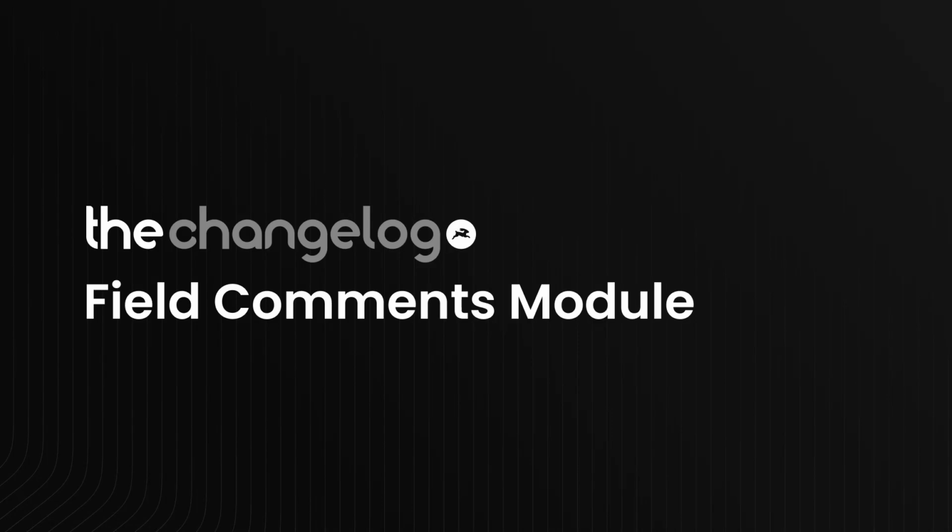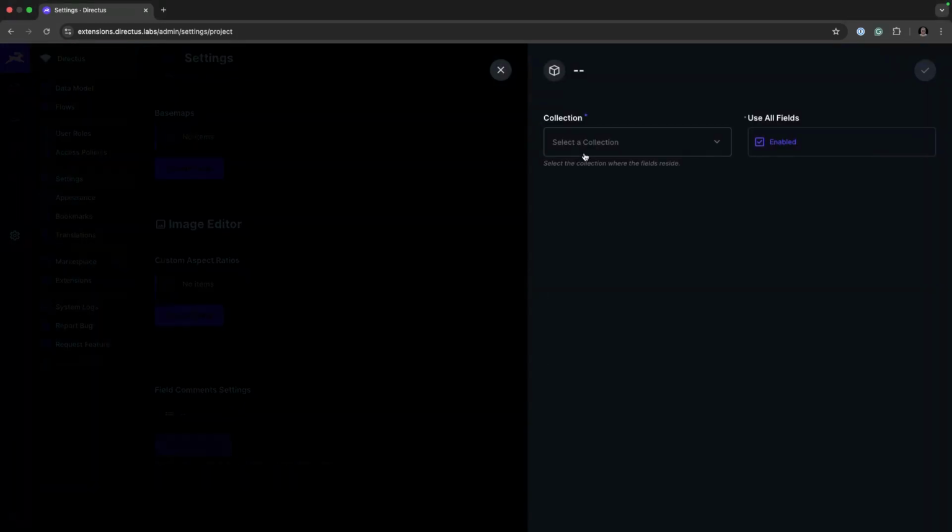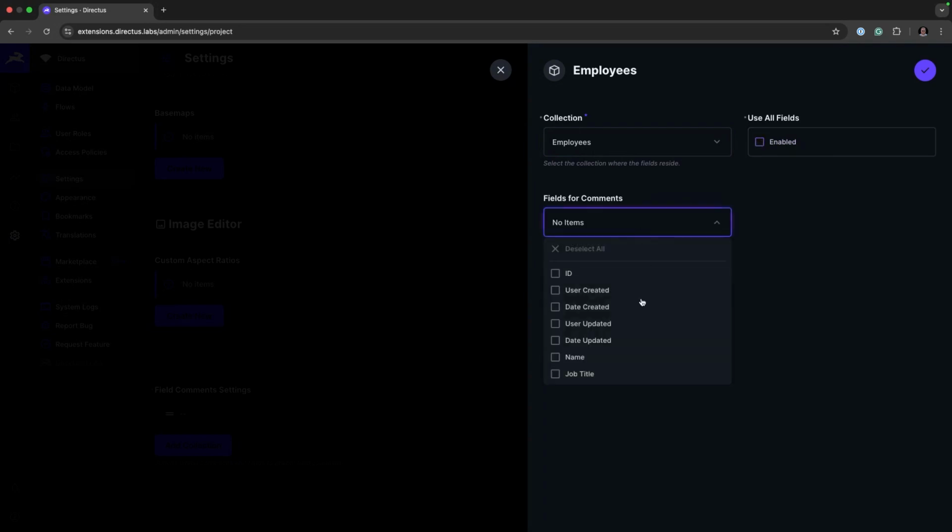First, we're going to be talking about the field comments module. First thing we need to do is connect it to a collection. In this case, I'm going to attach it to our employees collection. We can enable it on all fields by default, or we can select specific fields we wish to be able